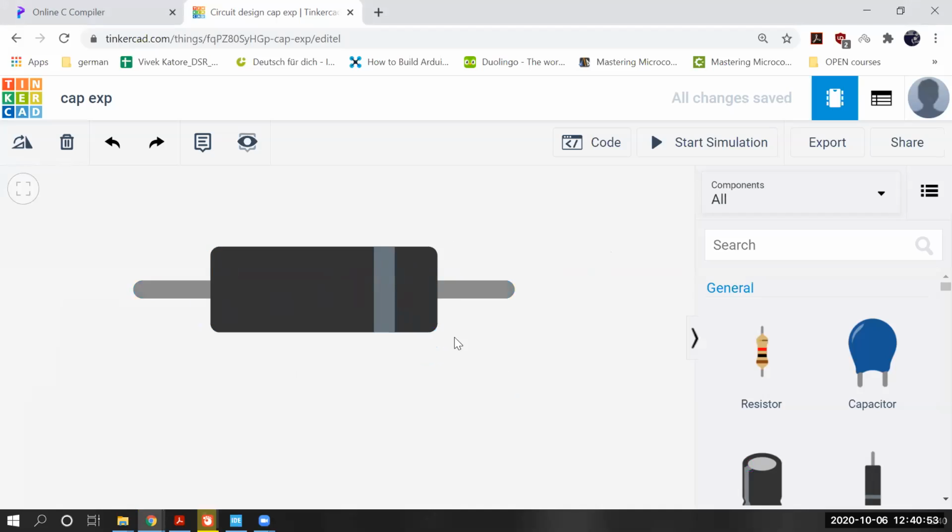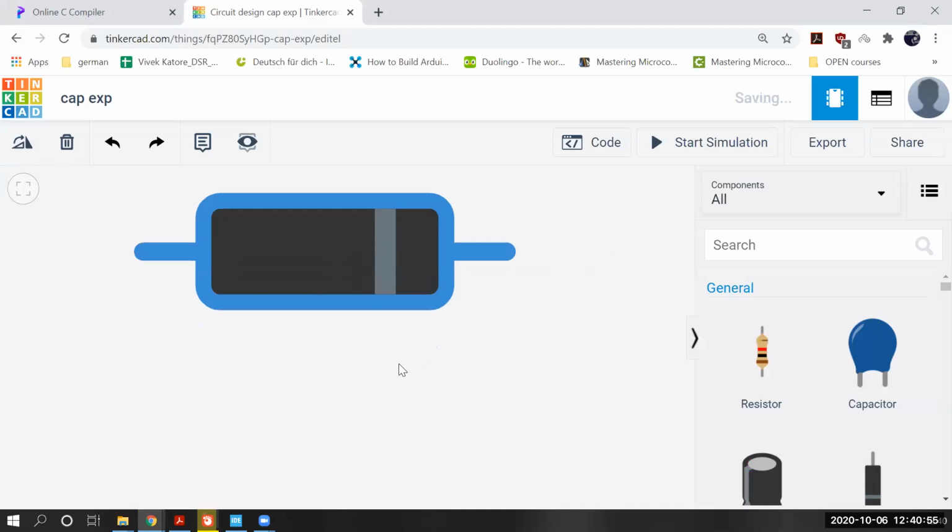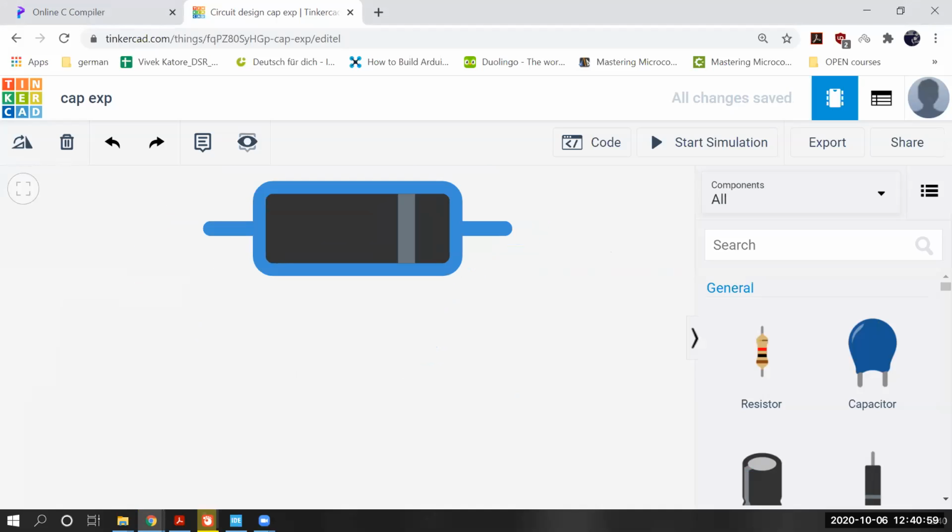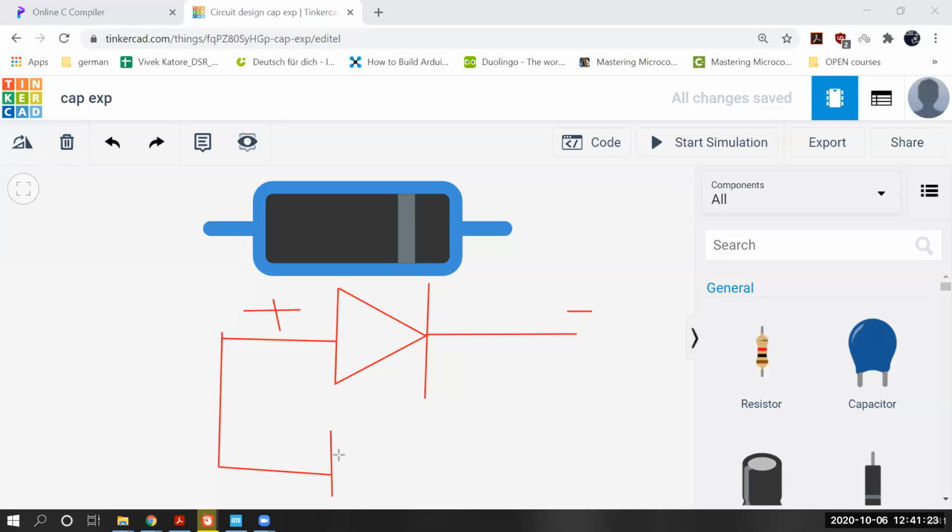So what we can do is, see, I will draw the circuit. Okay, this is plus side, this is minus side. Then if I connect a battery here,